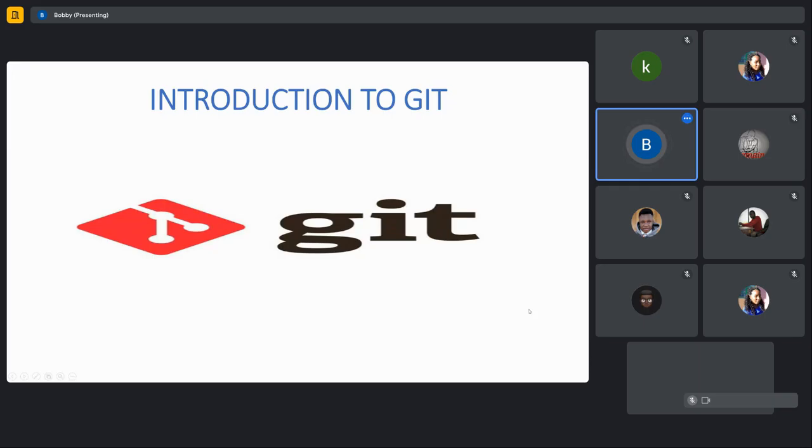So what is Git? As we've seen, there are different types of version control systems, and Git is a